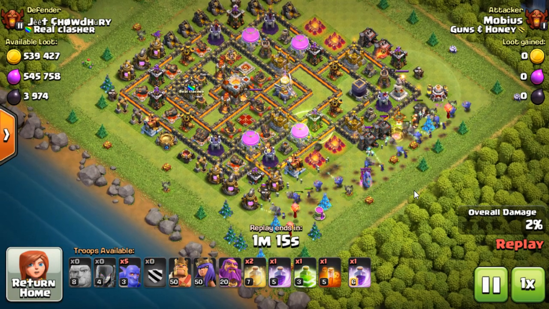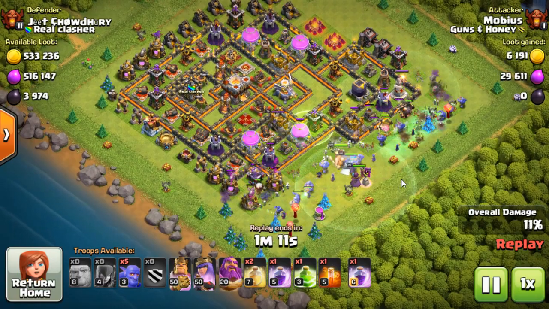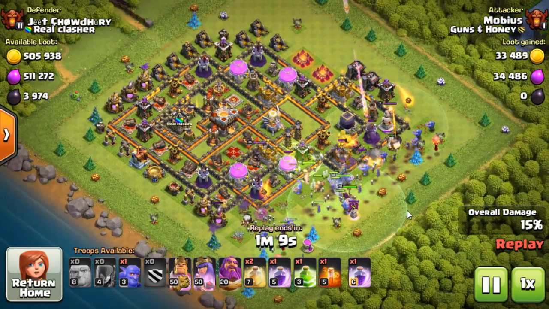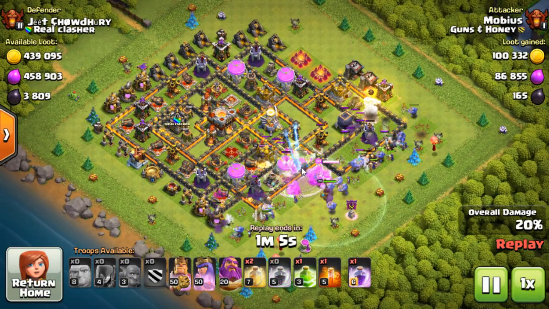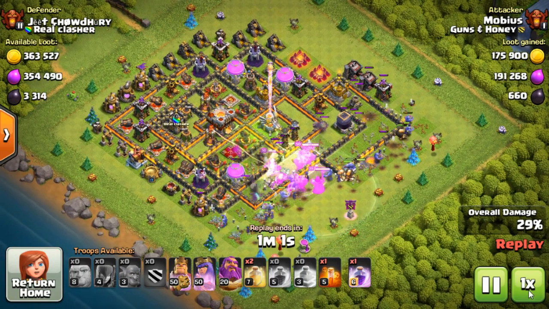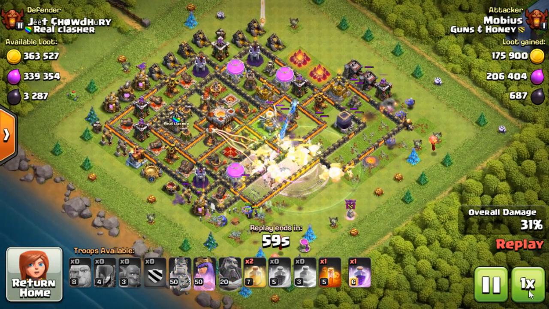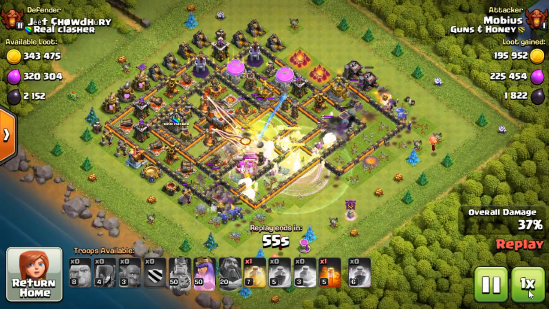Bowlers down across the line. I've still got 5 left. Now the CC, now the other bowlers, heroes, so those 10 bowlers coming into the clump after everything's cleared. Straight in, I'll get the rage in, then I'll get the second jump in. There's the second jump there now. Then I've got that first rage in, I'll get the second rage, and because I'm bringing 2 heals as well,